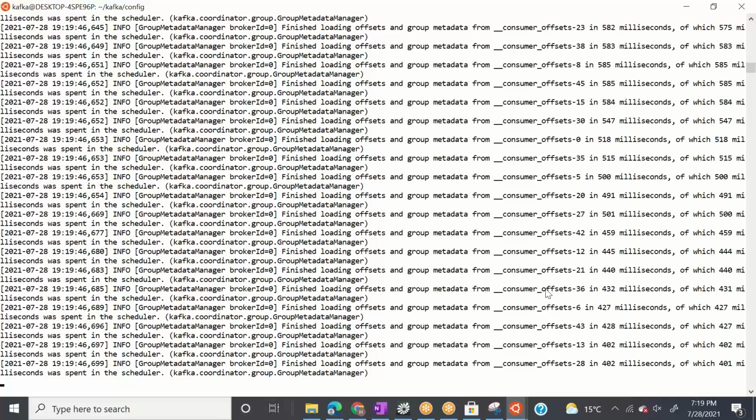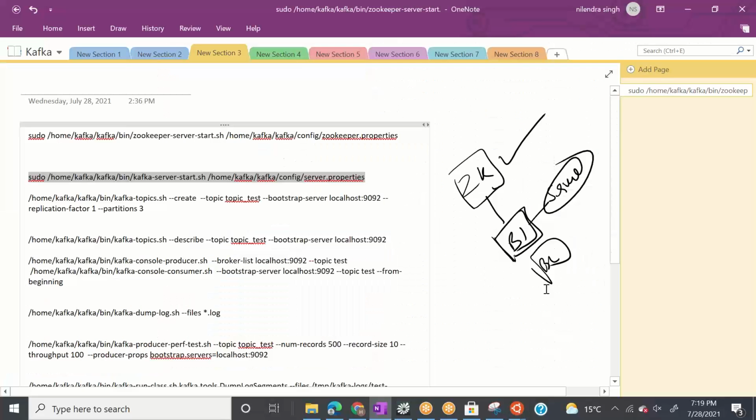That's good. So what we did, we started the Zookeeper, we started the broker, and to start the broker, we said kafka-server-start.sh, and we pass our server properties, that is our broker properties. Now let's create one topic. To create the topic, we will be using this shell script, kafka-topics.sh, and we will be using the --create flag.